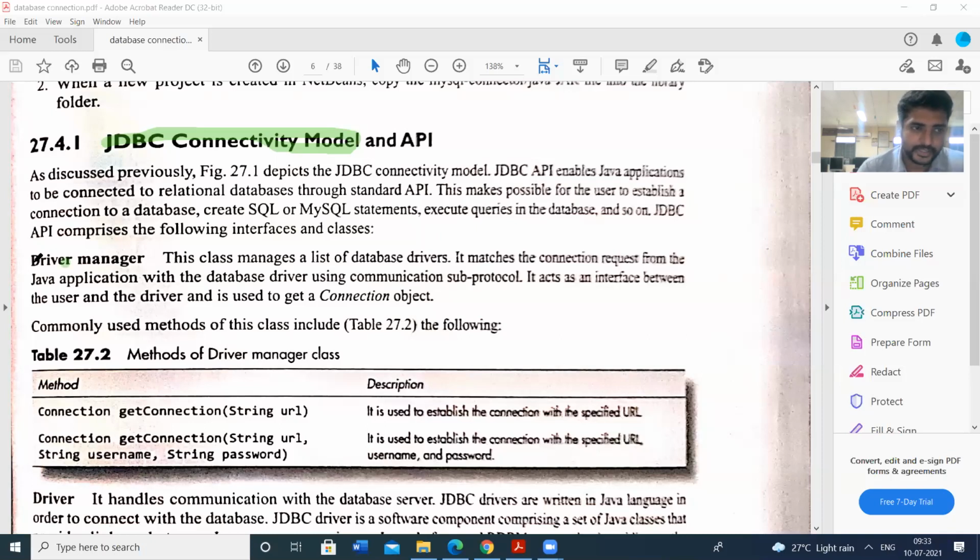Before that, we can see the driver manager. We know the purpose of the driver manager, and then the methods of the DriverManager class. DriverManager is a class in Java.